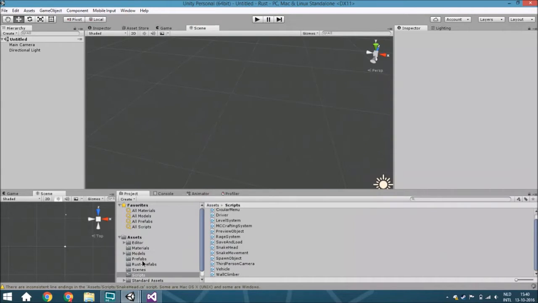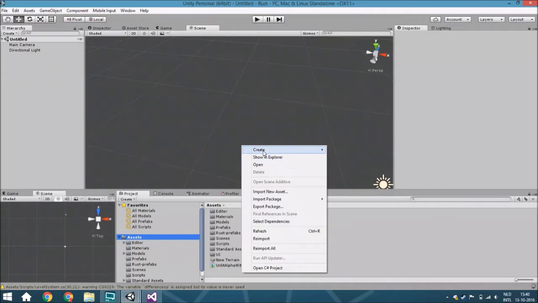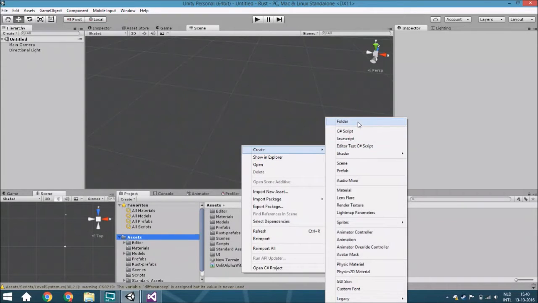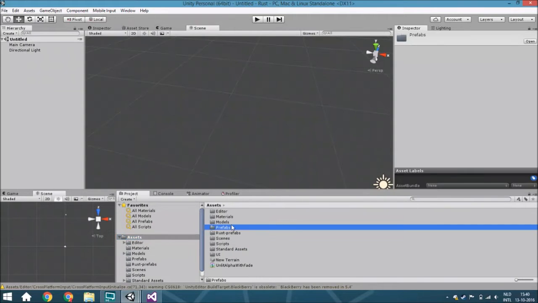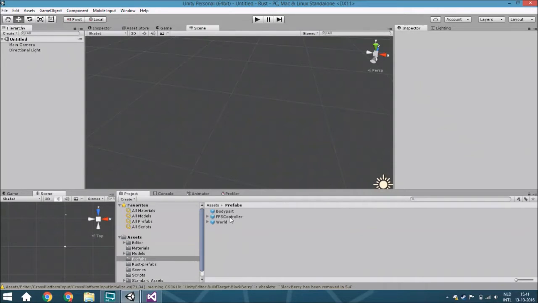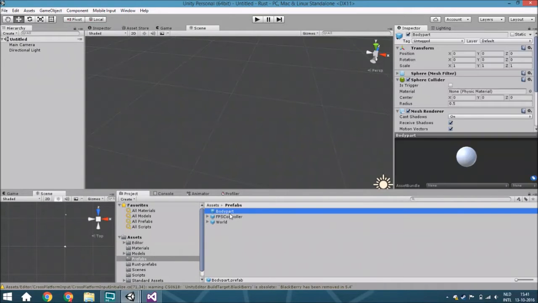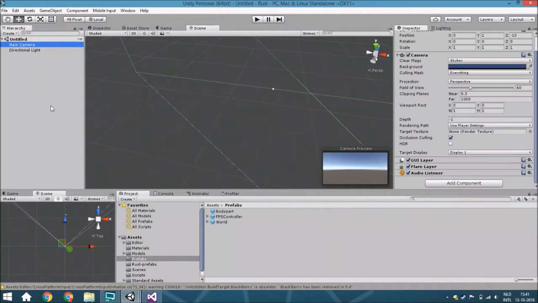So you're going to create a new folder called prefab, and you can do that by right clicking and creating and then folder and just name it prefabs. And here we're going to save all the prefabs we are going to create. One of them is body part, which you probably already got from one of the tutorial series. So here we're going to create our